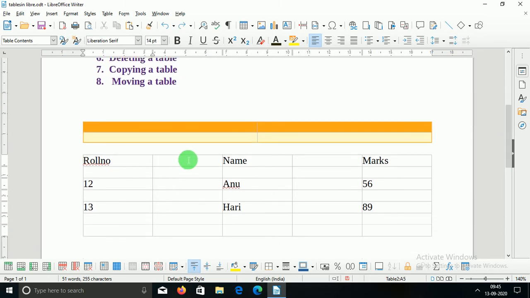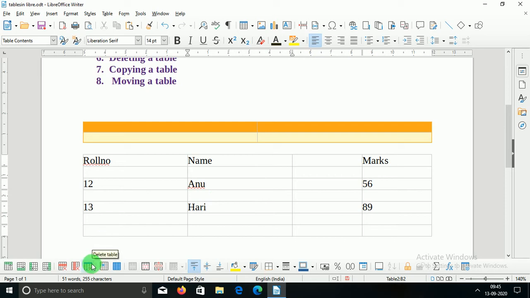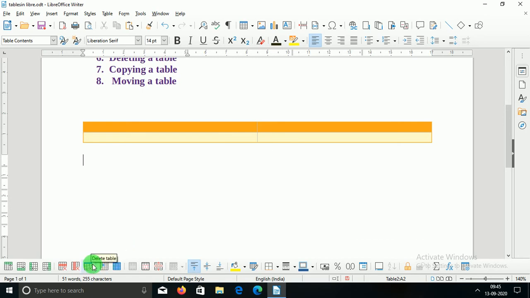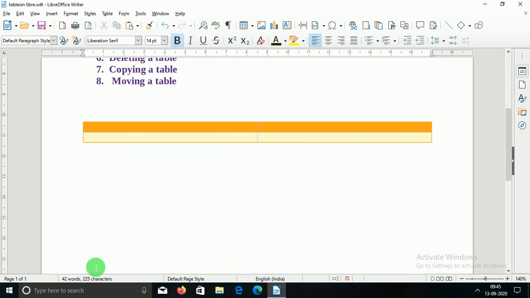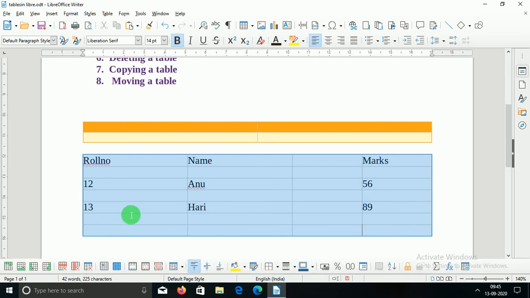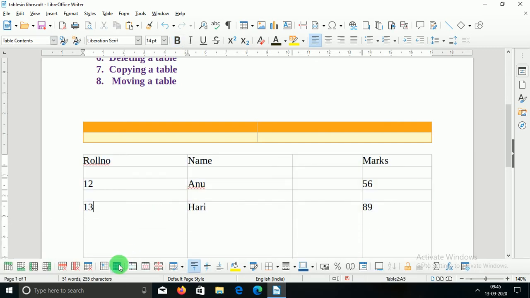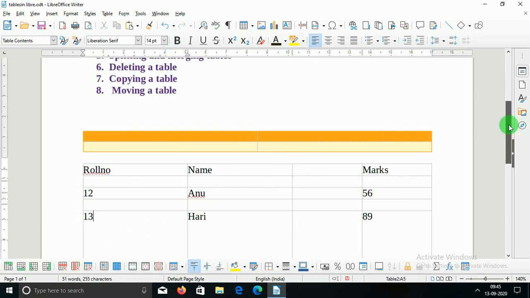And if I want to delete, इसी तरीके से मुझे columns delete करने, suppose this column, okay, here the cursor is in this column, then if I press Delete Selected Column, it will delete the selected column. Okay, then if you want to delete the whole table, then just click anywhere in this table and Delete Table. The whole table was gone now. Okay, then I just press Ctrl Z to get back this table to explain more options.